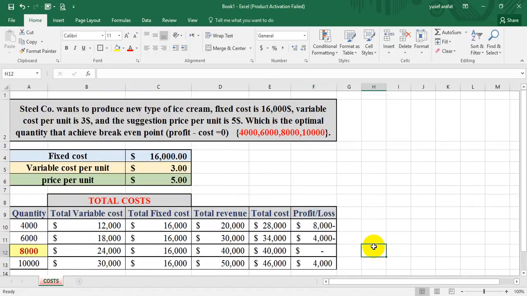By this way, we discuss how to determine your costs in your company, and we hope you understand, and thank you for